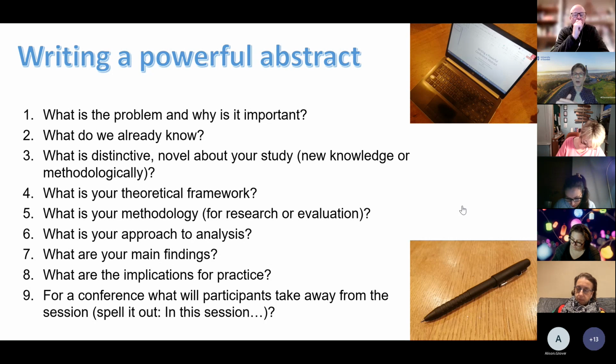We can maybe start with what we already know, and then what the problem is as a result of it. What don't we know? And that leads quite nicely into what's distinctive and what's important. So it could be new knowledge. You could have researched something. If it's an analysis of innovative practice, it could be what's different about this, what's the benefit and the value of it. Or it could be methodologically novel and distinct. So you might have applied a different methodological approach.